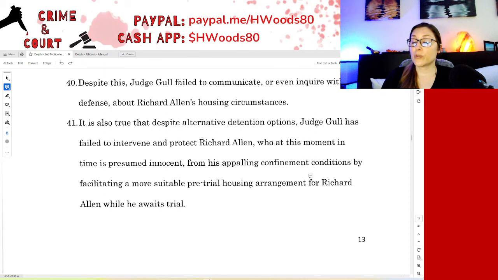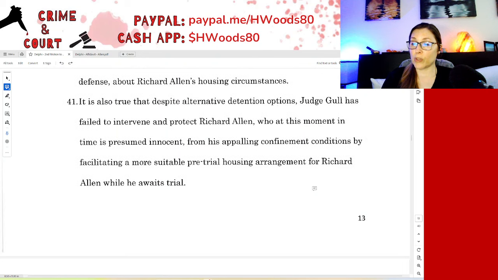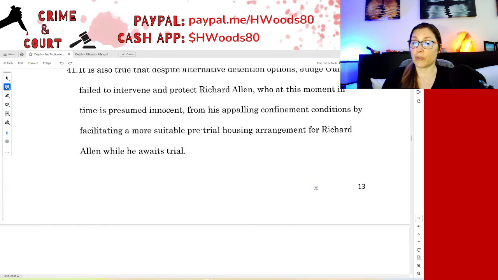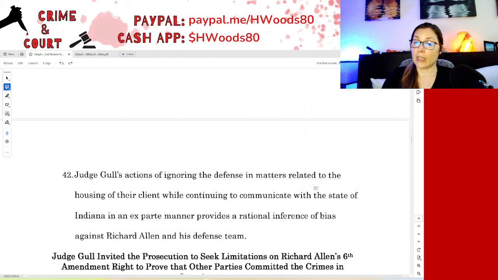41. It is also true that despite alternative detention options, Judge Gull has failed to intervene and protect Richard Allen, who, at this moment in time, is presumed innocent, from his appalling confinement conditions by facilitating a more suitable pretrial housing arrangement for Richard Allen while he awaits trial. So get him out of solitary and bring him to like a normal county jail and let him be among